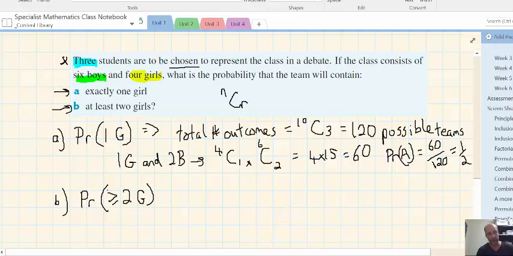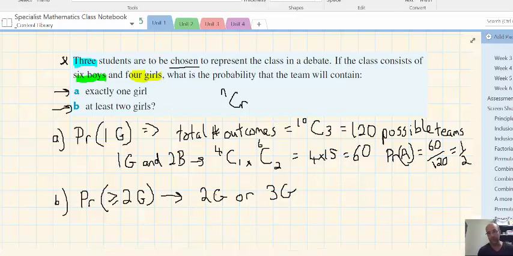Finally, the last example, at least 2 girls. So at least 2 girls means basically we've got 2 girls or 3 girls. Two girls or 3 girls. So we've got to look at these two separately. So for 2 girls,